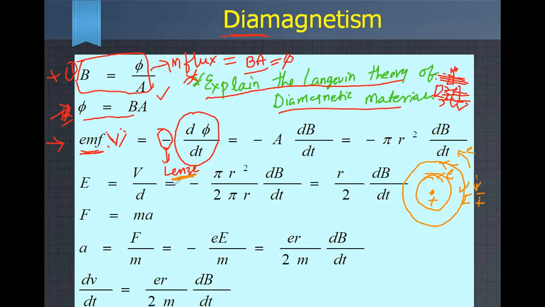So if someone asks you what is EMF in magnetism, simply you should tell that it's the rate of change of magnetic flux, and there is a minus indicated. Who explained the importance of this minus? Lenz law. So minus indicates whatever the flux you have here, which always opposes the induced EMF in the circuit.